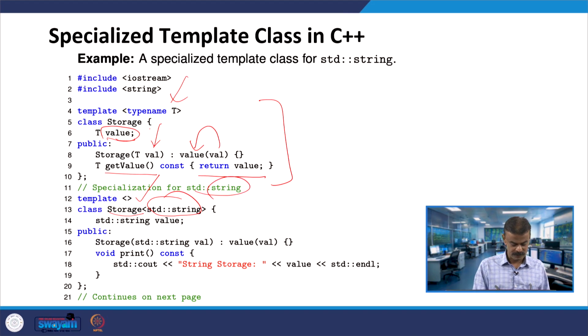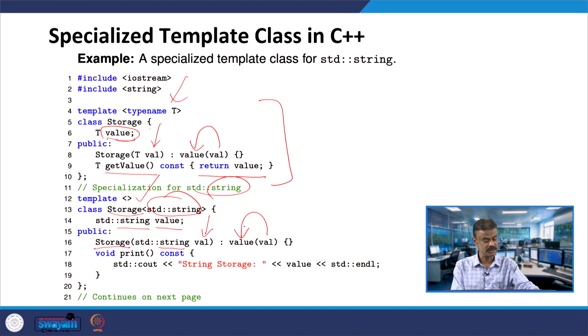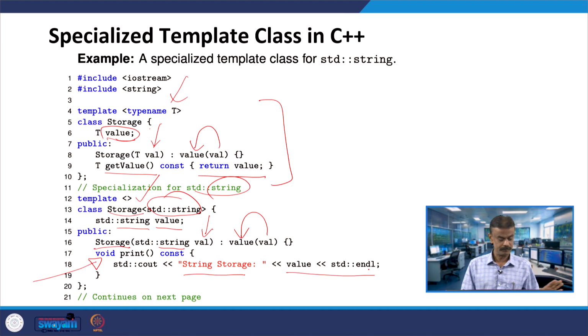Then you have a set of statements: value is the variable whose data type is string, and here you have the constructor Storage, you are passing one value whose data type is string, and that val will be copied into value, exactly what we have done previously. Only one member function, the print member function, is different here. So it will print string storage. This is the difference between the usual template and the specialized template. In this particular case the specialized template is for the string.